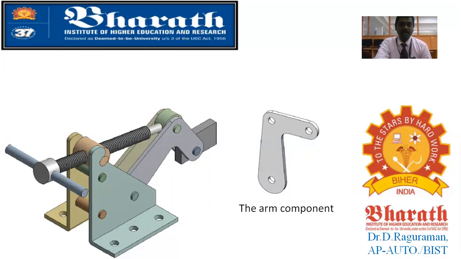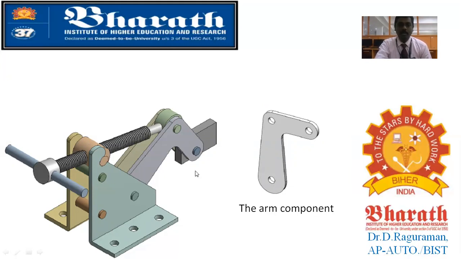Now, here on the machine you have one sub-assembly, a clamping element, because the machine has a number of sub-assemblies like this. This is one of the sub-assemblies, a clamping element. In this clamping element itself, you have individual components, including the arm component. The gray colored one is the arm component, and you can also see a shaft, a handle, and a supporting piece. But what we are going to design is only this arm component.